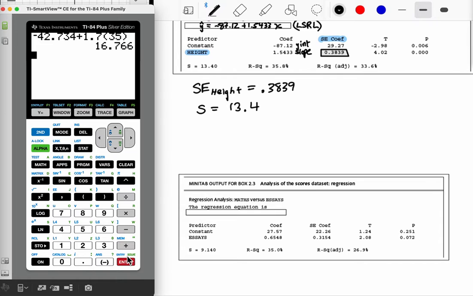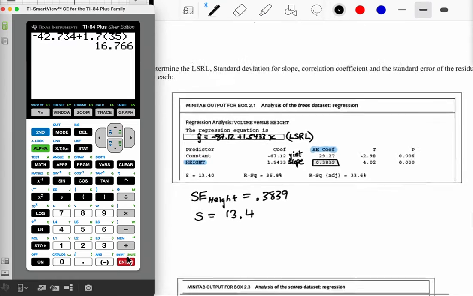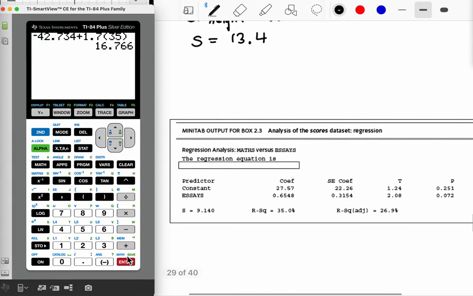So math versus essays. I think I answered every part of the question. Is essays a qualitative thing, or what are we talking about? Like the grade on an essay? They didn't tell us, so we just do our best. It could be the number of essays written, length of an essay, who knows. So just keep that in mind when you're thinking about units. So we're talking about 27.57 plus 0.6548x. So SE essays